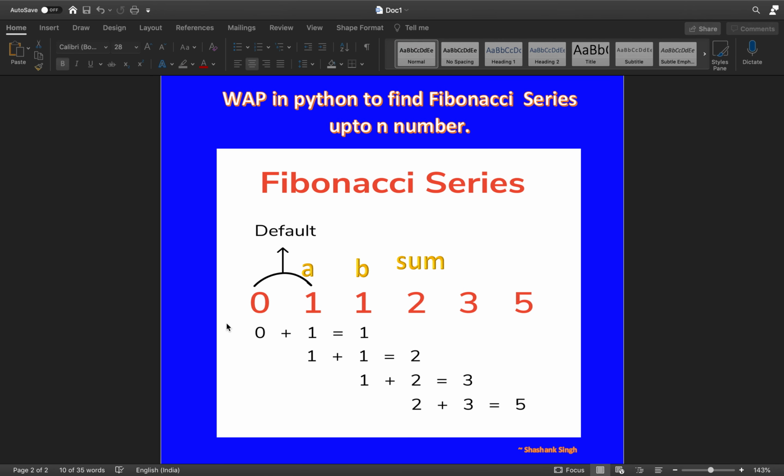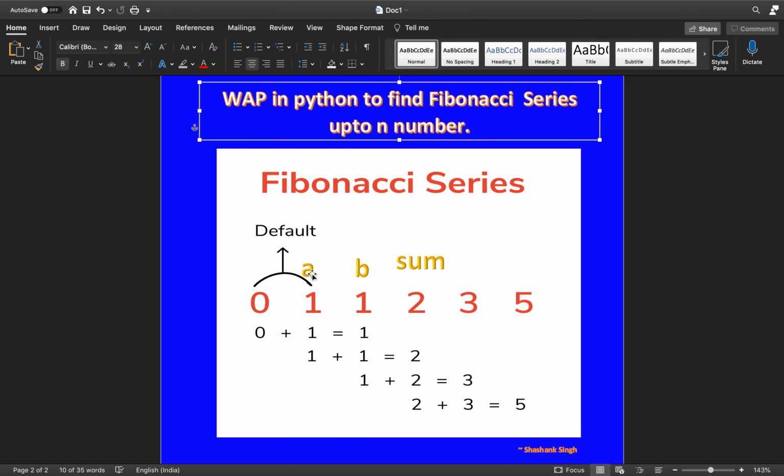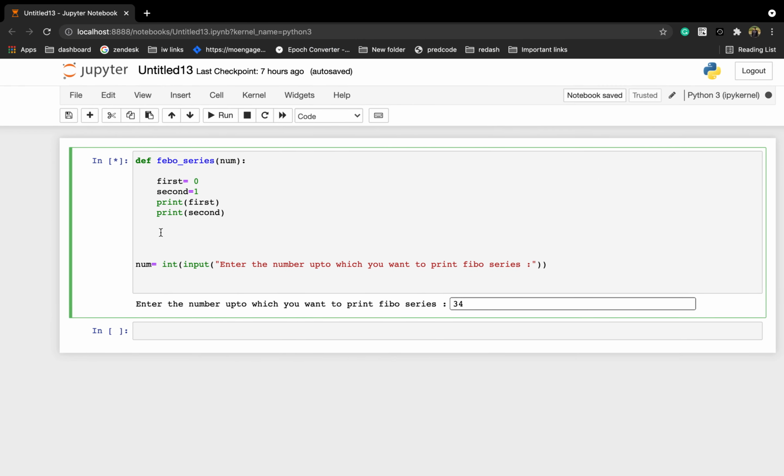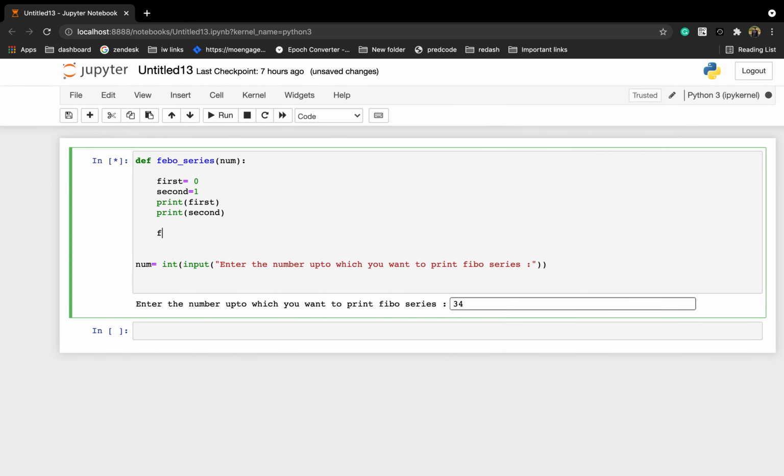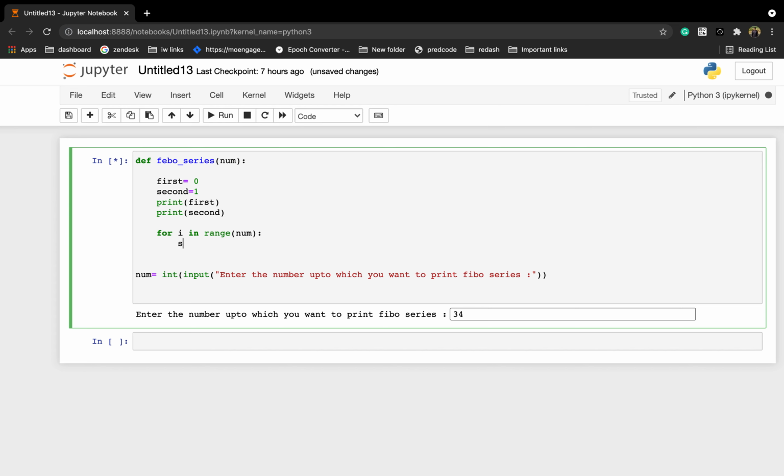Now we need to write a for loop, and we'll implement this logic as I explained earlier. Let me take a for loop first, for i in range, and I need to iterate till this num, right?